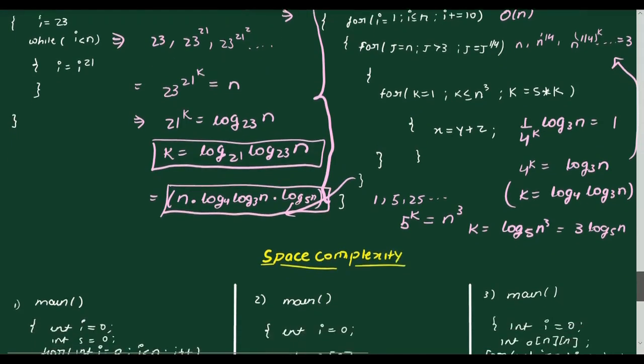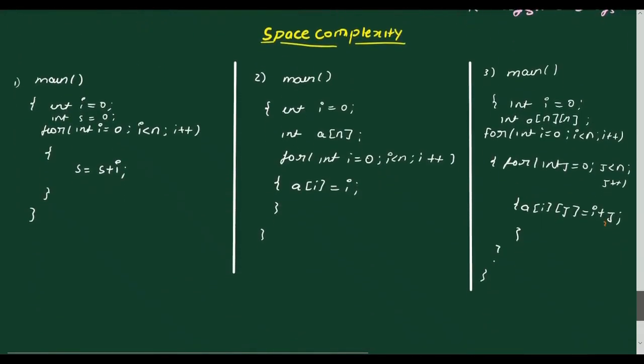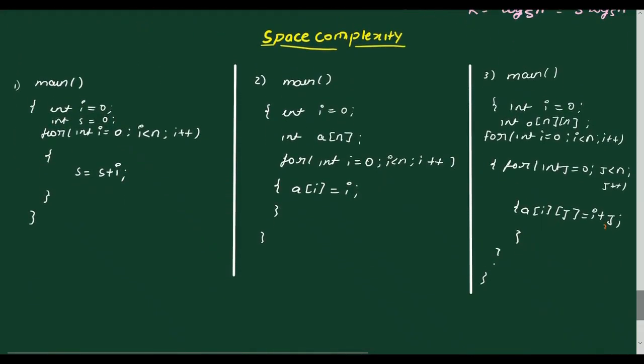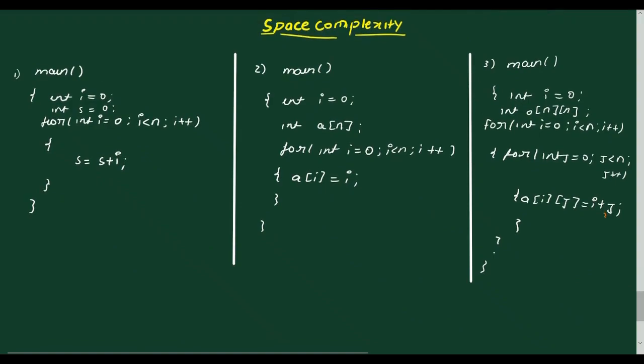A lot of other types of problems can also be formed on this type of questions, but the general way of solving remains the same. You have to analyze how the loop is working, and then you have to come up with a closed form solution so that you can get the bounds on the time complexity. Now for space complexity, analysis is quite simple. It is not very difficult.